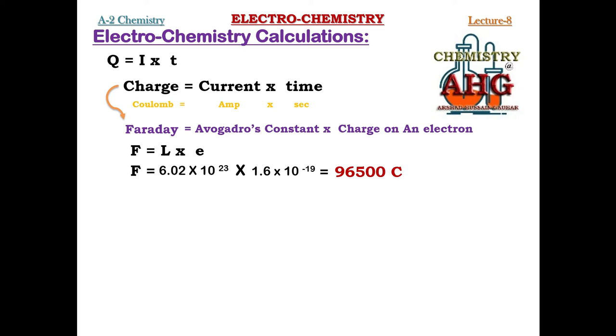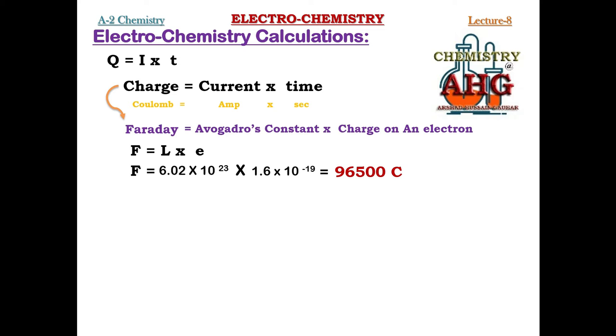Okay, one more thing, you can also give a word definition to 1 Faraday. If ever you are asked what do you mean by 1 Faraday, what can you say? You can say it is the charge carried by 1 mole of electrons, because you can see the charge on an electron has been multiplied by the Avogadro's number. So charge carried by 1 mole of electrons, it is the Faraday's constant, it is the numerical value of 1 Faraday.